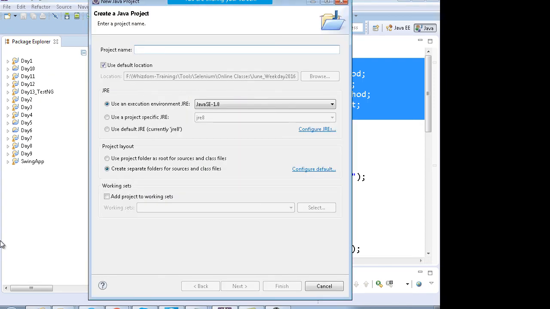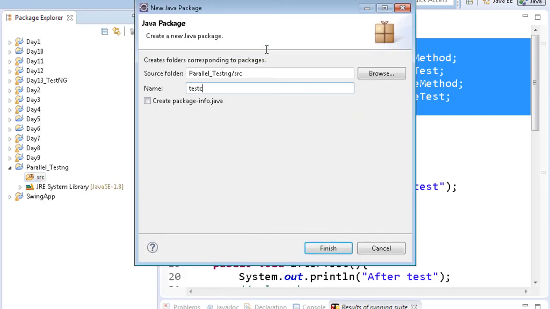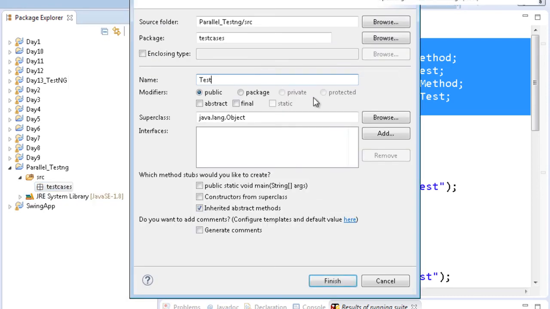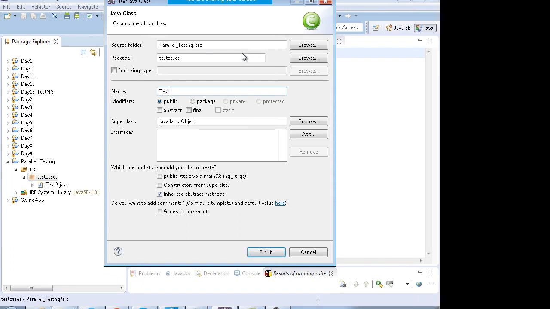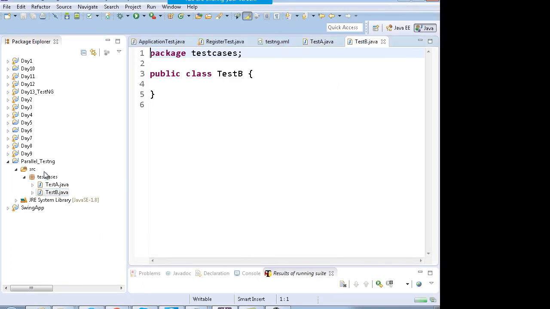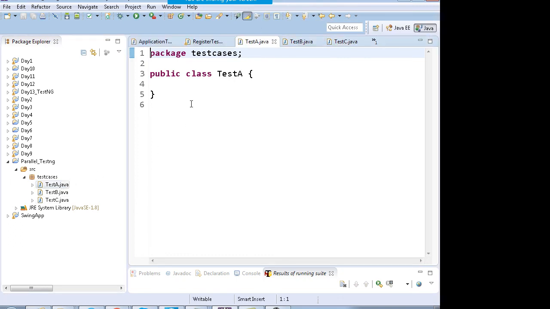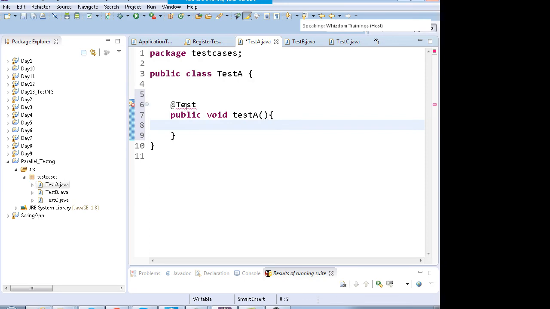I'll make a new project known as parallel_TestNG, and in this project I will make a new package known as testcases, and inside this testcases package I'll make new classes known as TestA, then TestB, and then TestC. In TestA I will make the Test annotation, public void testA.